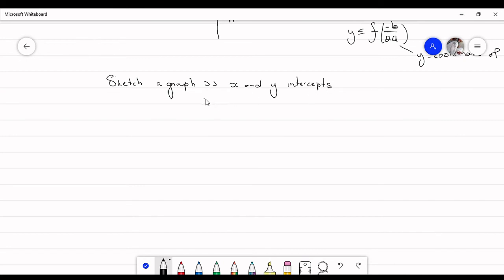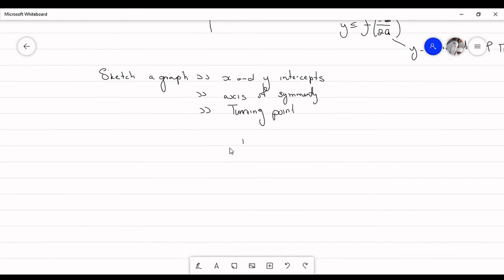We also need to look for our axis of symmetry, which will also help us to look for a turning point. So therefore, we'll also discuss how to draw a graph. Let's first focus on